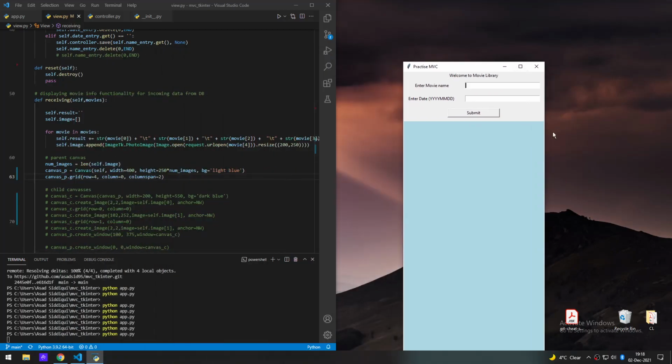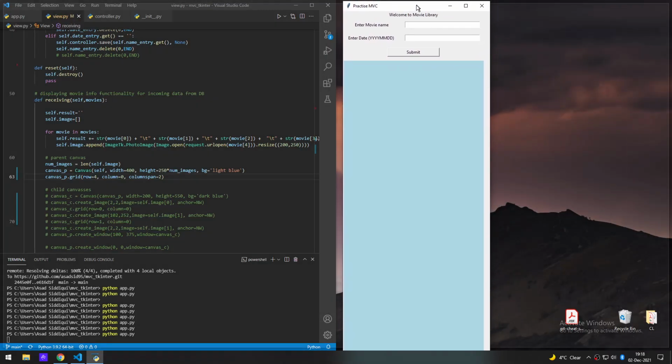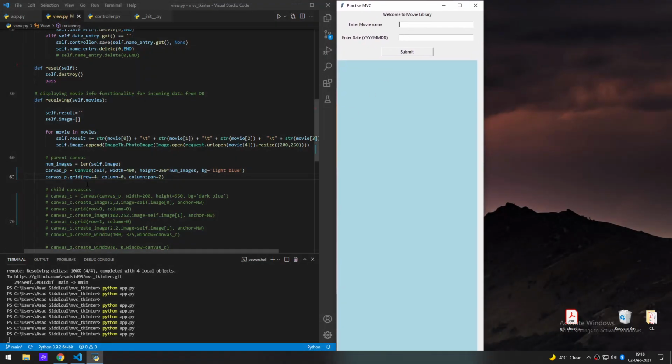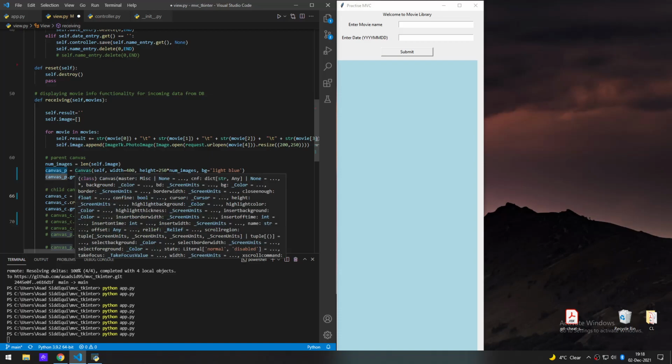Perfect. Here we are. Now what I'm going to do is put up only the first image. We can see, right. And the way we know that this canvas that's going to contain the first image is going to be on top of the parent canvas is by seeing that the first